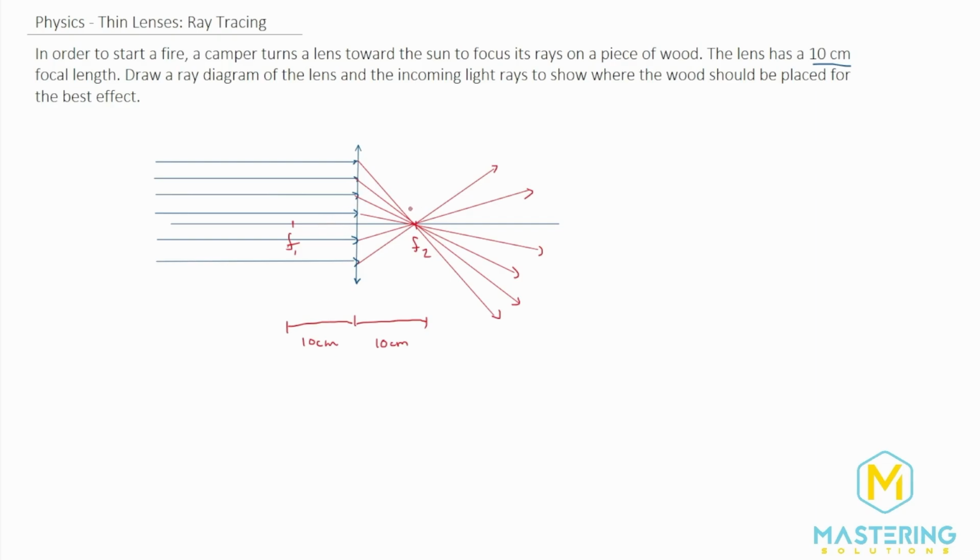And so if you have a converging lens and you're lost out in the wilderness, then yeah, you could try using a lens to do that. If you have a diverging lens, it's probably not going to help you out a whole lot because it's diverging the light, right? Not focusing it. But here is your ray diagram for this question, and they don't ask us to calculate anything because we're given the focal point of 10 centimeters.